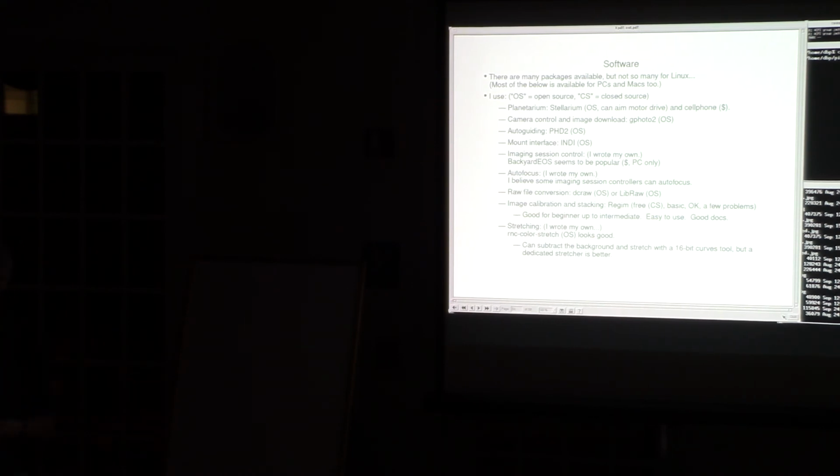Yes? When you write your own, are you using like Python, C, MATLAB? Probably not MATLAB, maybe you would pay for that. No, there's a freeware version, or open source version. Let's see, autofocus is written in Perl. My imaging session controller is in C Shell. My stretcher is in C,